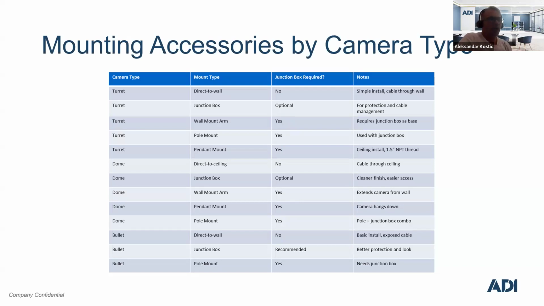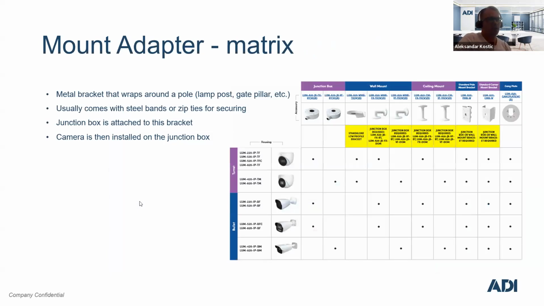Generally, we have all those explained well here in this mount adapter matrix, where you have listed which mounting bracket is compatible with which camera form factor and which specific camera model, and whether a junction box is required or not. Generally, a junction box is required every time we need to think where we can put the cables, where the camera is not going directly in the ceiling or directly on the wall, and we need to protect all those cablings coming out of the camera within one